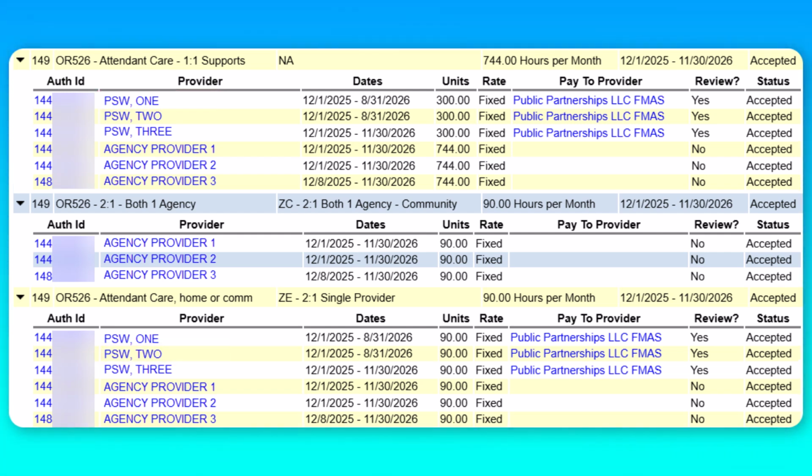The key is to create the correct authorizations under the right procedure code and modifier code for each provider based on how they need to provide the service.